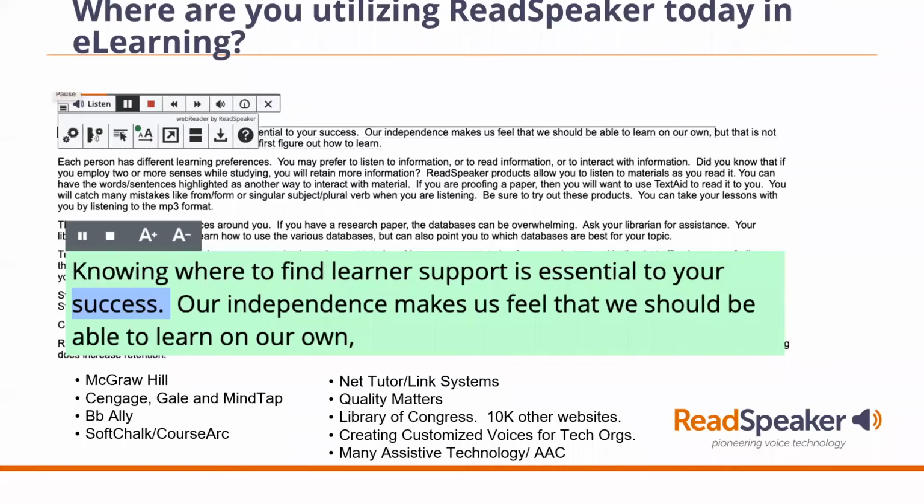Well, they are, and I apologize. I'm not trying to speak bad about them, but they're buying it from somebody else. Often they may be buying it from us too. And of course, many other assistive technologies are utilizing us, mainly with our functionality of not only streaming our technology, which often what we do in the LMS, but also some of our offline capabilities, mainly with some of the AAC products to support nonverbal individuals.